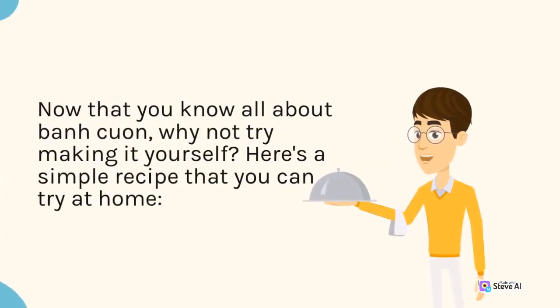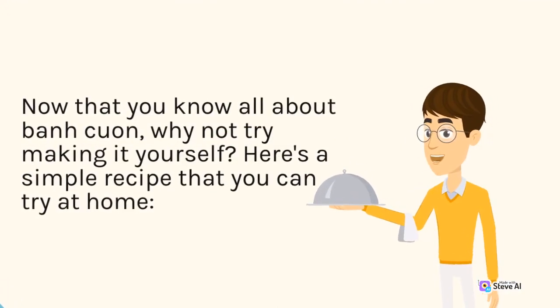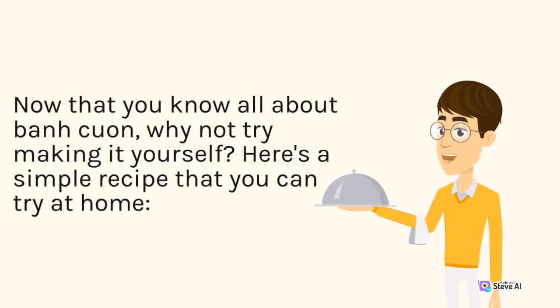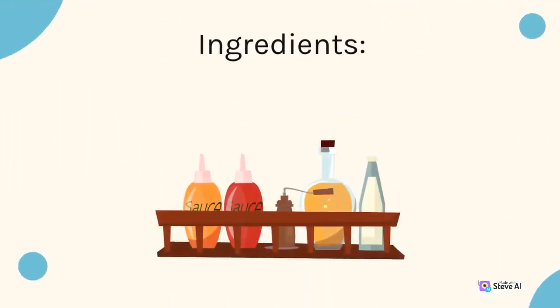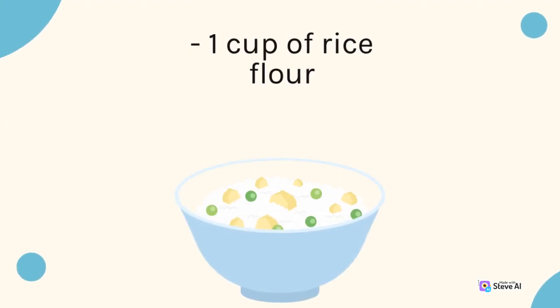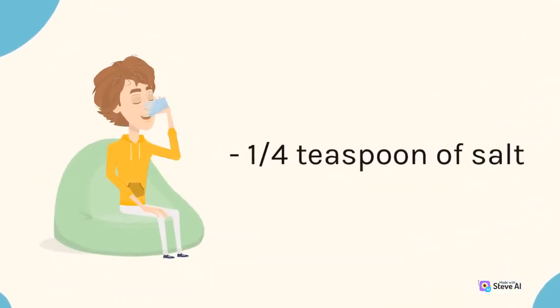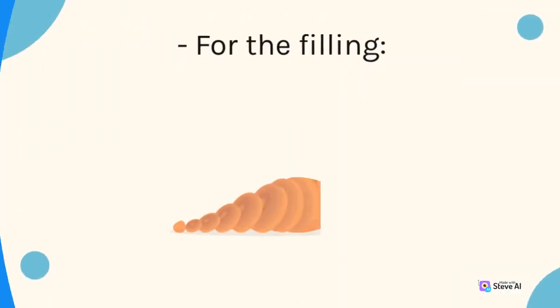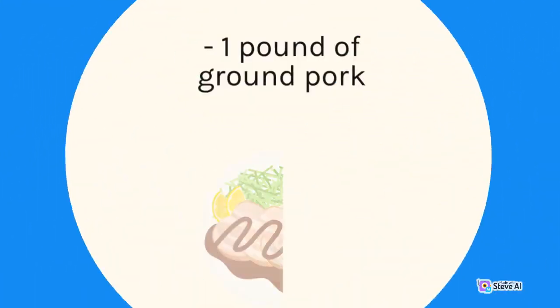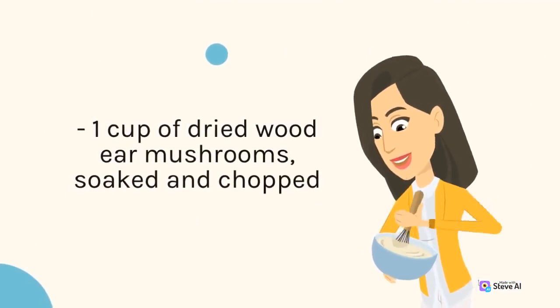Now that you know all about Bánh Cuon, why not try making it yourself? Here's a simple recipe that you can try at home. Ingredients. For the rice paper wrapper: 1 cup of rice flour, 1½ cups of water, 1/4 teaspoon of salt. For the filling: 1 pound of ground pork, 1 cup of dried wood ear mushrooms, soaked and chopped,